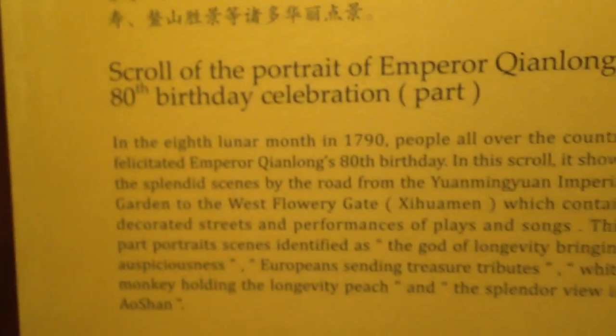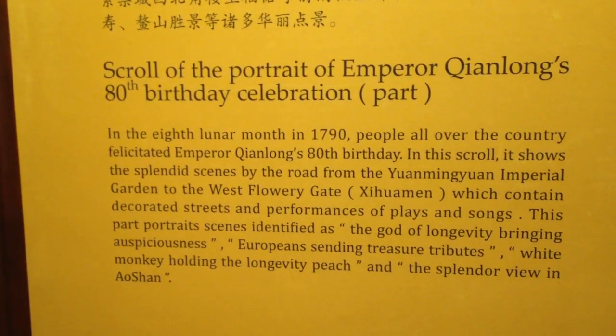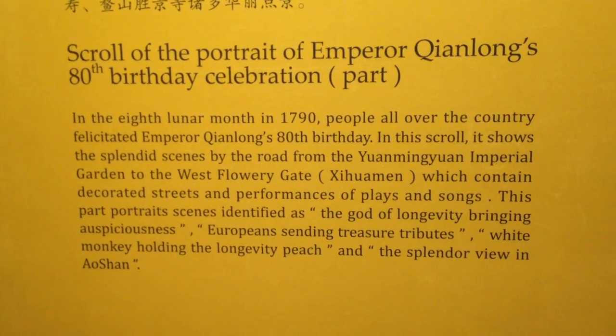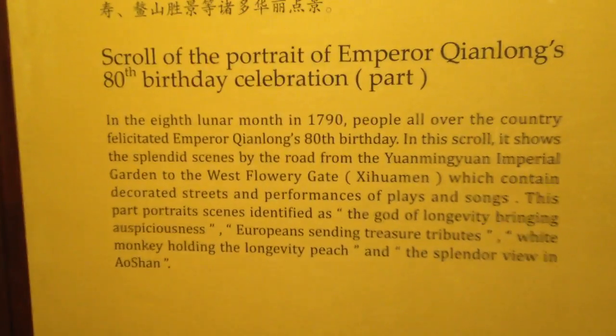And this is a scroll of the portrait of Emperor Qianlong's 80th birthday celebration. 8th lunar month, 1790, people all over the country facilitated Emperor Qianlong's 80th birthday. In this scroll, it shows the splendid scenes by road from